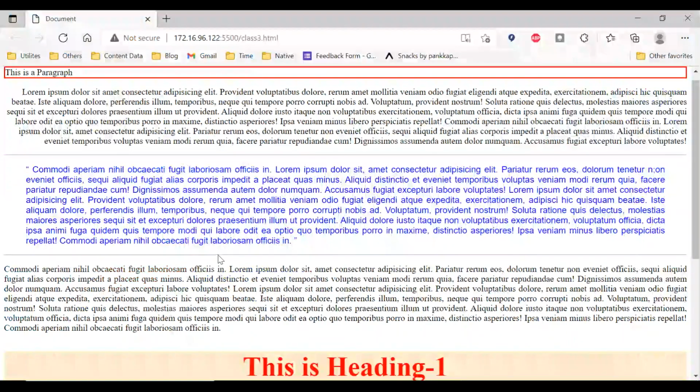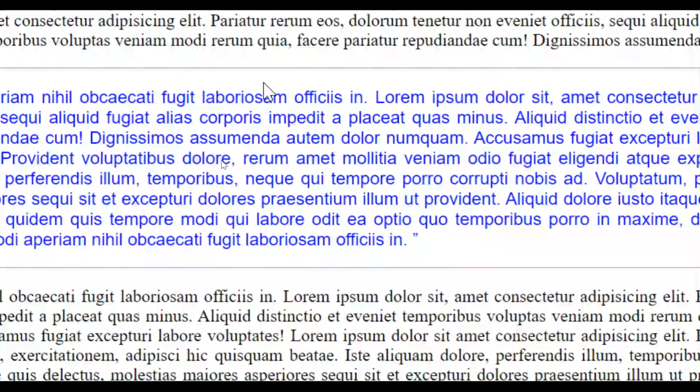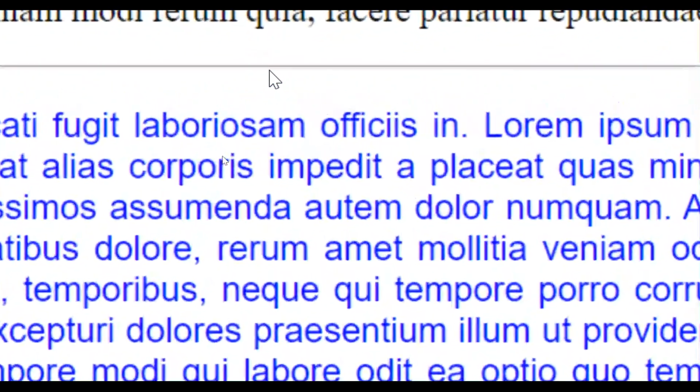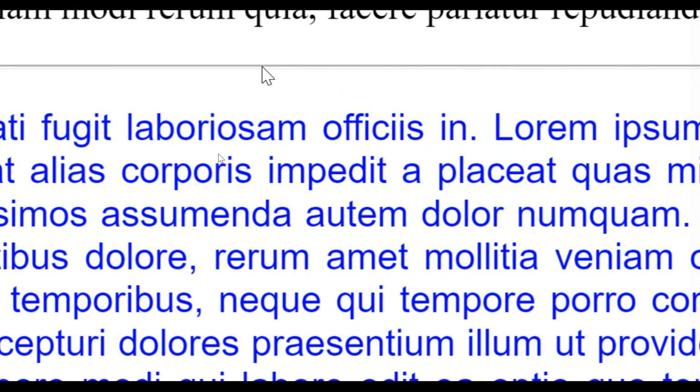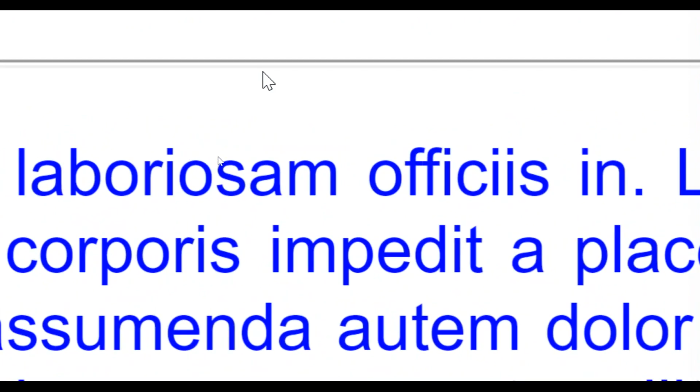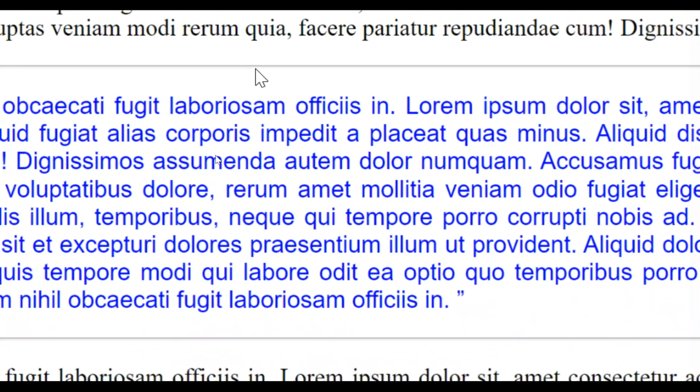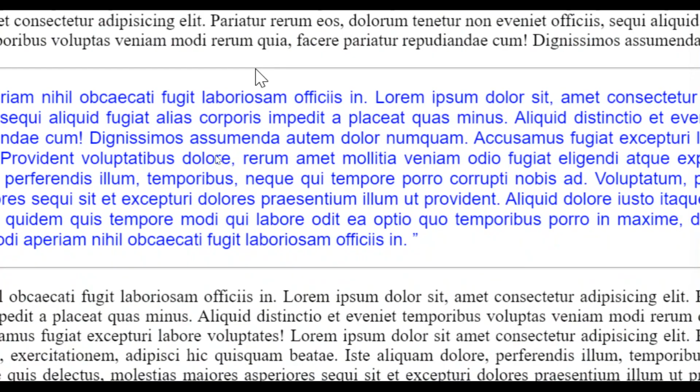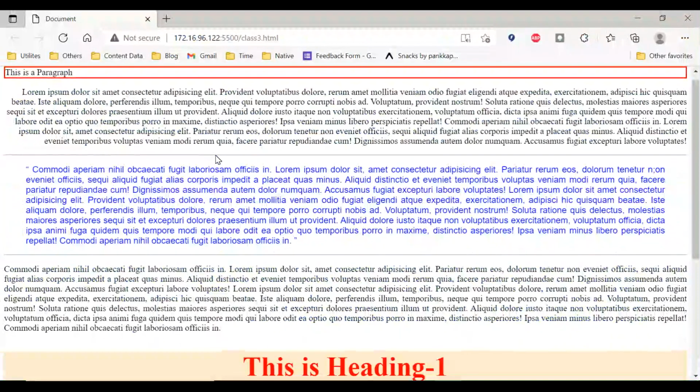Now see, there will be a line displayed before the block of code and after the block of code because I'm using two HR tags. Actually, the HR line is a 3D line. See, there is a black line, there is a gray line, and below the gray line there is a slightly lighter gray line, because by default every HR is basically a 3D line. You can also remove this 3D line, and some people like only a simple line, so they can use only a simple line.